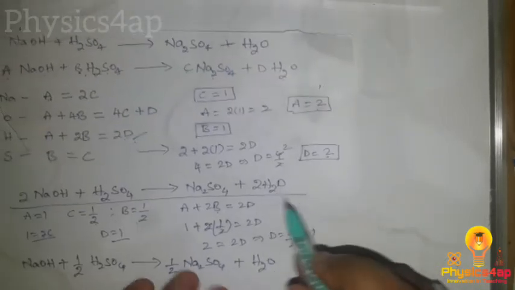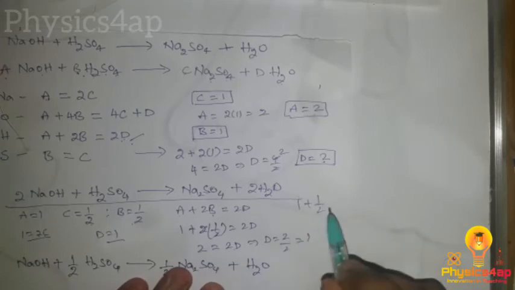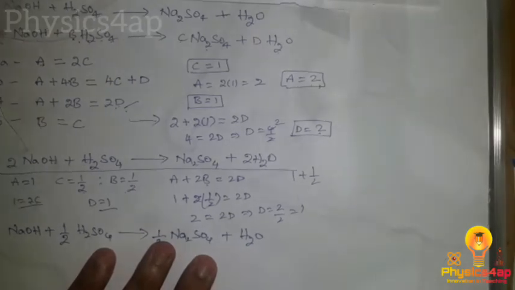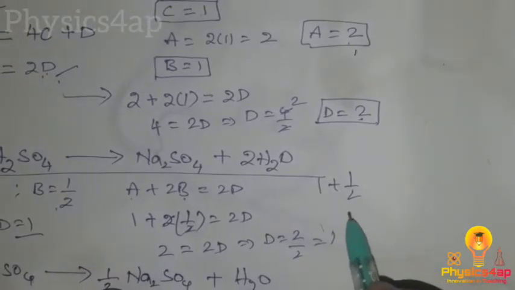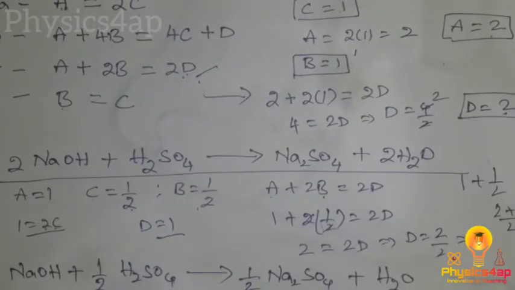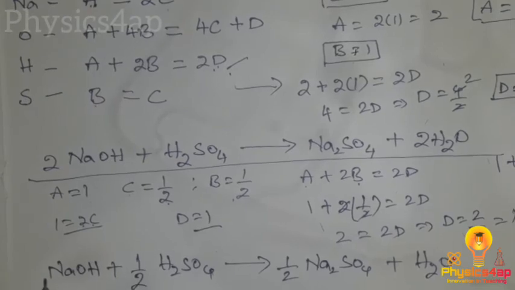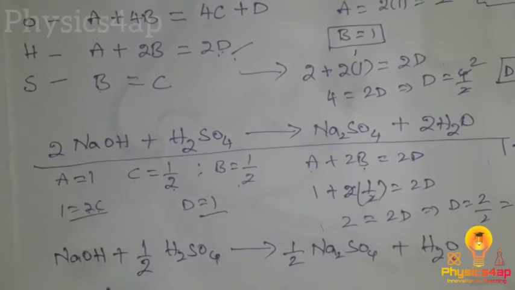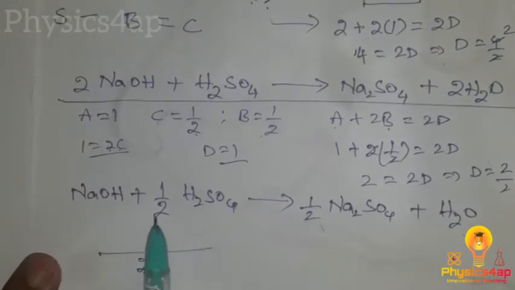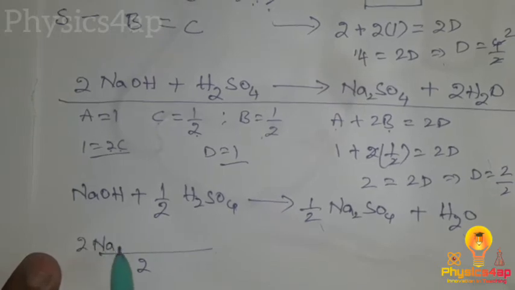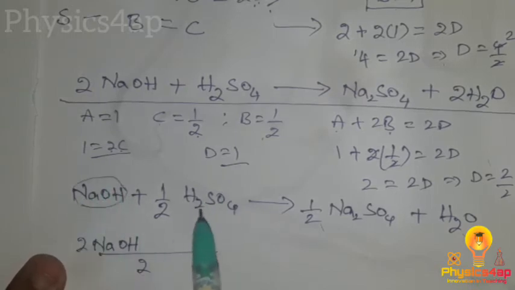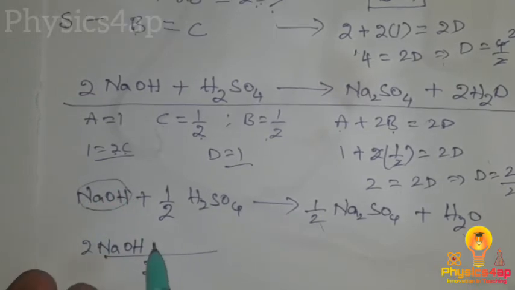Now as we have in mathematics, that is 1 plus 1 by 2, what we'll do is the LCM, right? So we'll do the LCM and write it as 2 plus 1 by 2. If you see here, we have quotient 1 and here we have 1 by 2. Now the LCM will be taken as 2. So 2 NaOH. I'm just doing the LCM just like in mathematics. So think that these are variables like some x or y or z plus